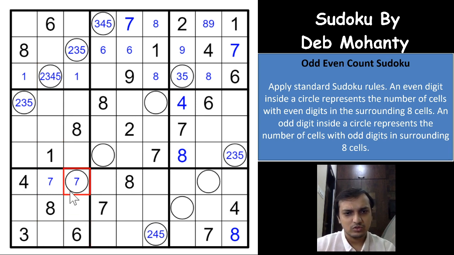1, 2, 5, 7 are the possibilities. Is 7 possible? All these digits will have to be odd. Is that possible? Yeah, still possible, I would say. Okay. Let's see these two cells. What are the digits here? 9, 8, 7 is not possible. 6 is not possible. 5, 3, 2, 1. Right? 1, 2, 3, 5 are the possibilities, right?